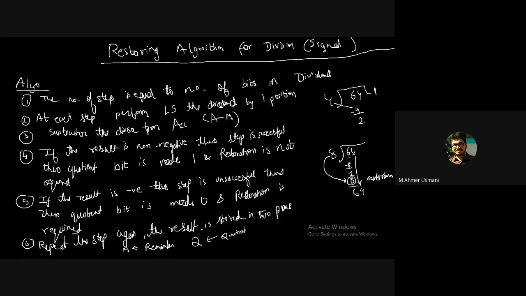हो गया नोट करके? Yes sir. I hope my handwriting is visible. It is. Sir. Yes. तो लास्ट लाइन में क्या लिखा है अभी? Step number 6. Repeat the step again, full stop. और ये कब तक रिपीट कर रहा है? जितना बिट्स आपके डिविडेंड में उतनी बार आपको रिपीट करना है. Is that clear?